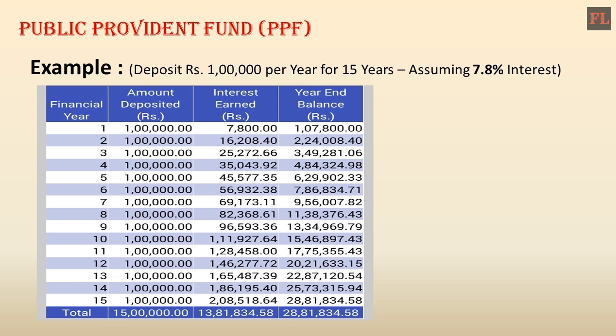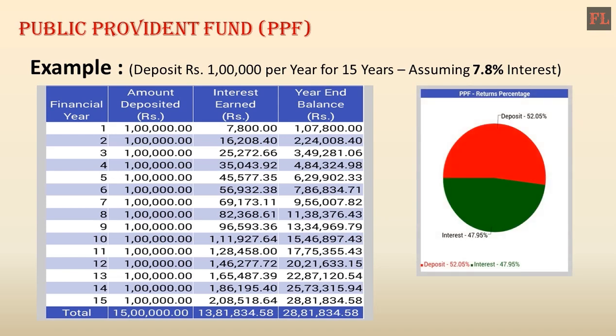That will be your outstanding balance after the 15 years. And then on the right hand side you can see that 52.05% of your outstanding balance is the deposit that you have made, and 47.95% is the interest that you have earned, compared to your outstanding balance. So that's a huge amount actually, and that is due to the magic of compounding that happens every year